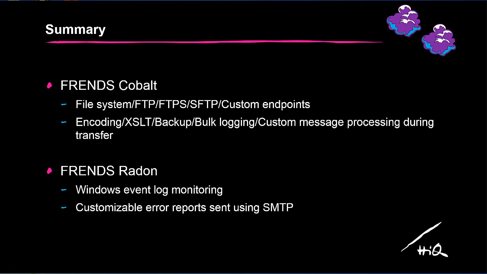FRENDS Cobalt also has an application programming interface for defining any custom type of endpoints or processing done for the message if those provided out of the box are not enough. FRENDS Radon is a Windows event log monitoring and reporting tool. FRENDS Radon can monitor either local or remote machines' event log, and send an error report for the events using the